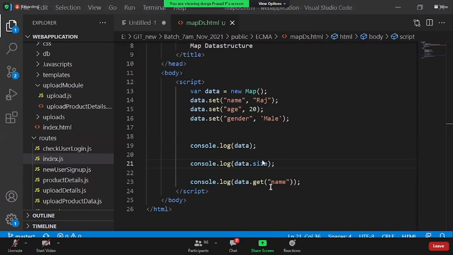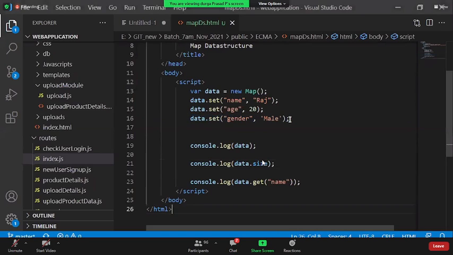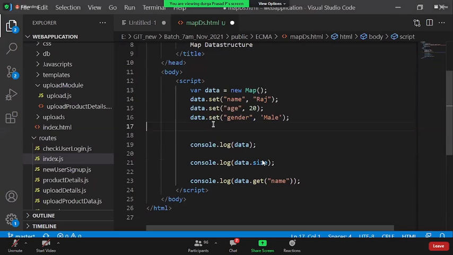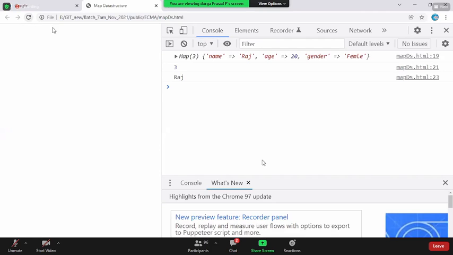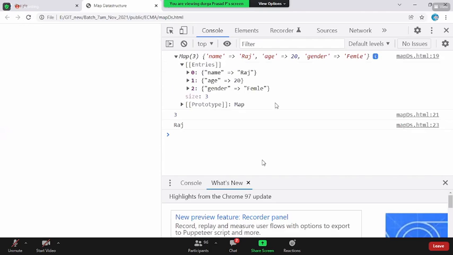Will this accept the duplicates? It will accept the duplicates. If we add the duplicate, it is accepting. It is not going to throw any error. Now I say gender, something called as female. Now if you reload the page, you're going to have only the female as a response. Whatever the recent one you give, that is going to override it. The same thing happens with your JSON, right? You can't have the same key multiple times. So when you give the same key, the recent one with the new value what you give, that is what it takes.